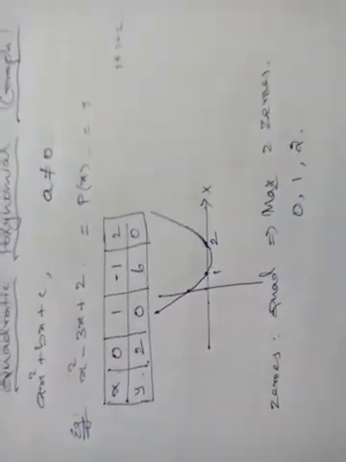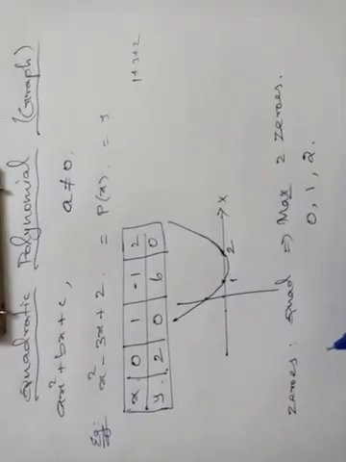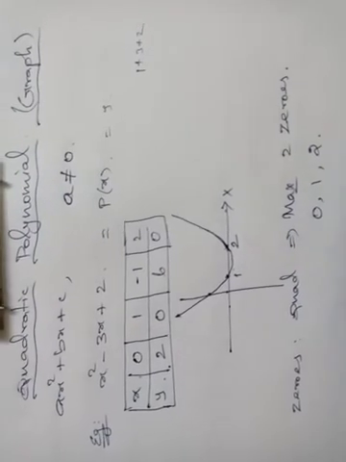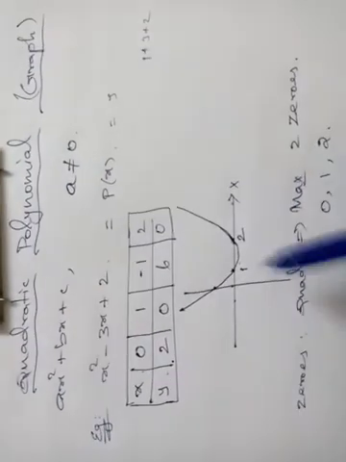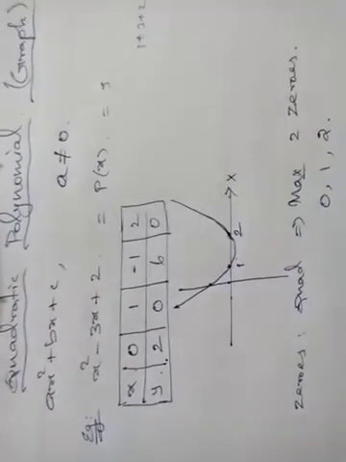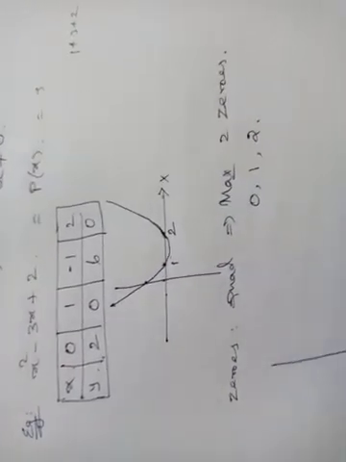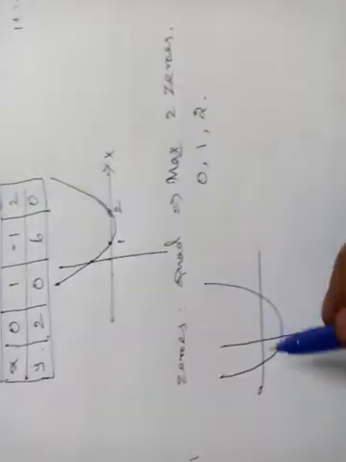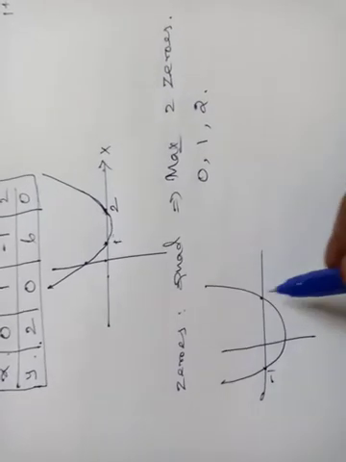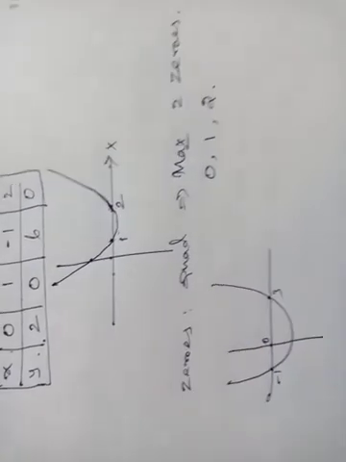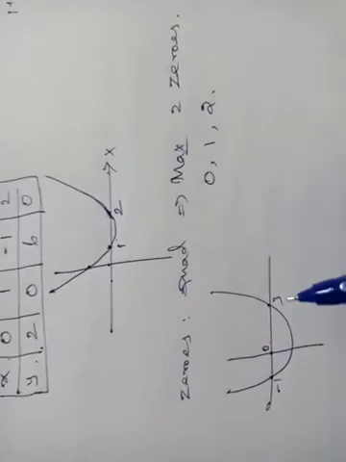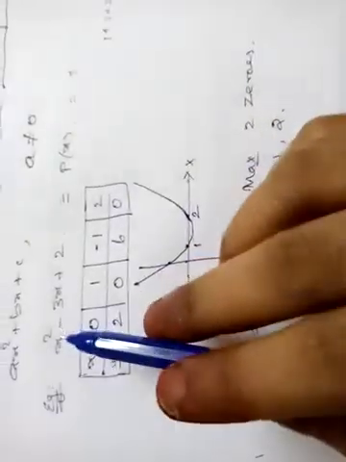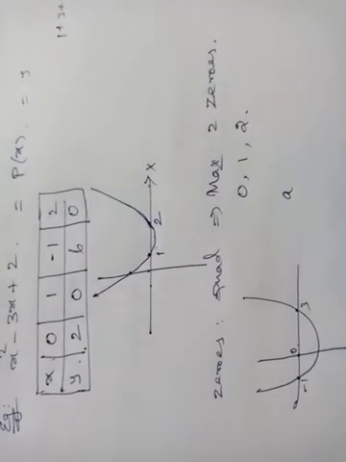Now we'll see some tricks from this graph. This is not from the exam point of view. Just interesting facts I will tell you. Just see this graph. For example, one graph is like this, U shape. This point is minus 1 and this point is 3 and here it is 0. One parabola is like this. So by using this graph itself we can say something about the value of a.